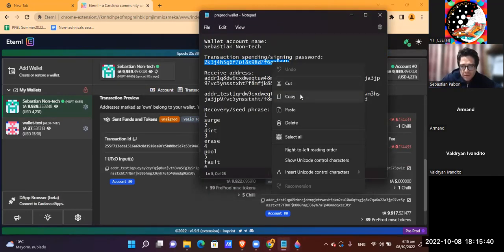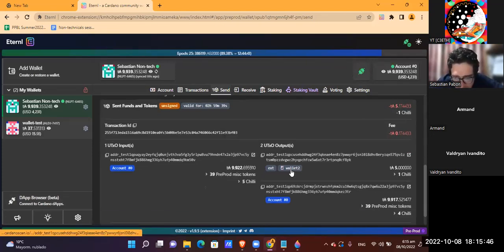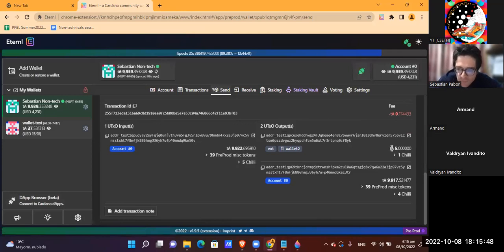I think it's good because this is the input that I selected. This is the output I selected: 5 test ADAs and 1 Chile token. And the wallet, the system, returns me the rest, 4 Chiles